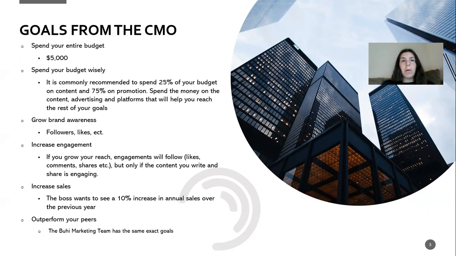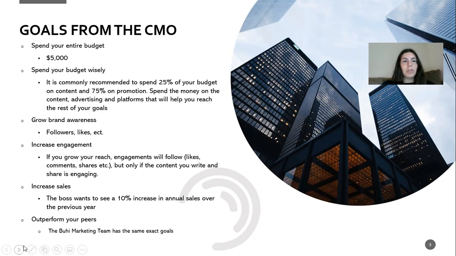And the CMO would like us to increase those sales and that revenue by a total of 10% in comparison to last quarter. And then lastly, to outperform our peers, which are otherwise known as our competitors,